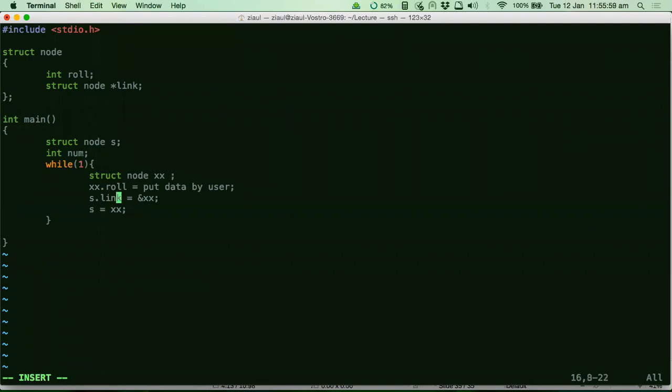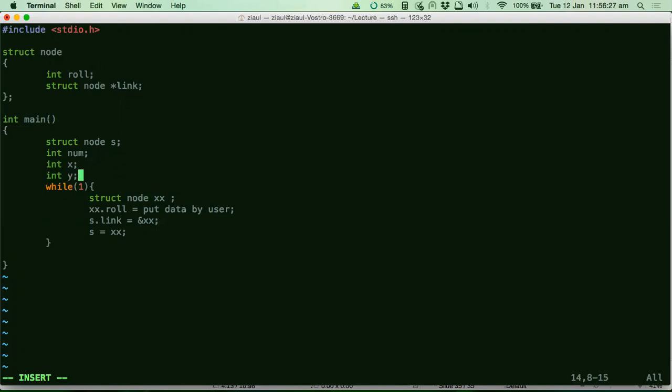Why will it be destroyed? So suppose first time it enters, so it is stored in s finally. Then it again enters, it will be stored in xx, and then again it will come to s by overriding the previous value. What you are not getting is this line here. It gives you a new memory every time. This is not the same memory that you are creating, right? Do you mean to say that if I create int x here and if I create int y here, both of them get the same memory? No, right? This is similar to that. We are creating a new memory in this line every time.